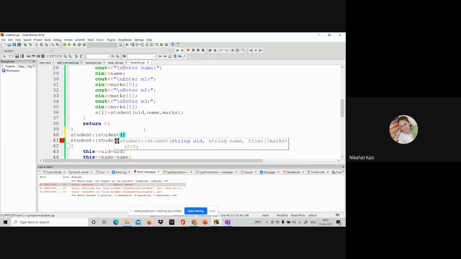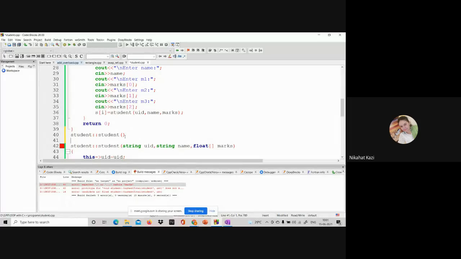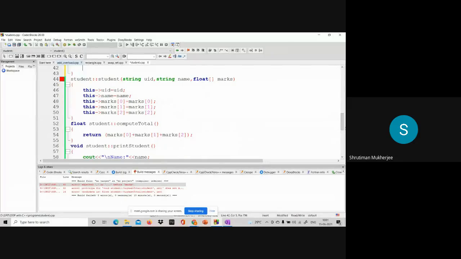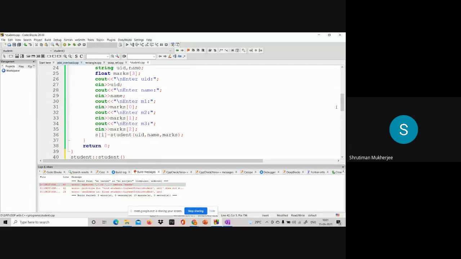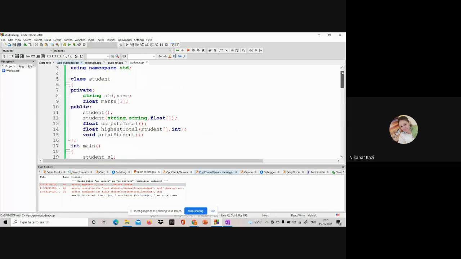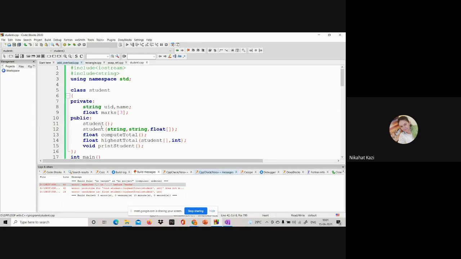Our next lecture has started. So we'll continue with this example next time. This constructor I added, I just have to add the signature of that. I've just added the prototype. I have to complete that.